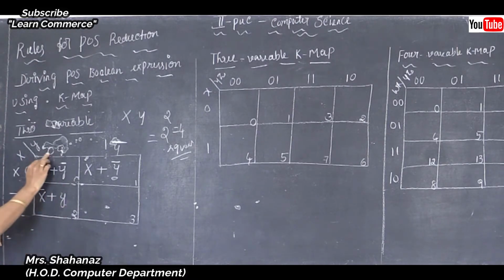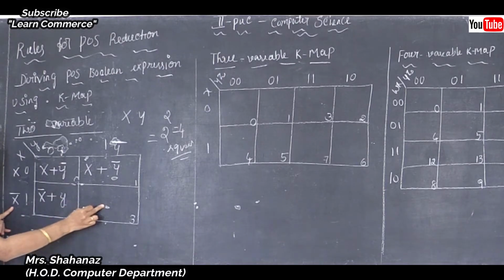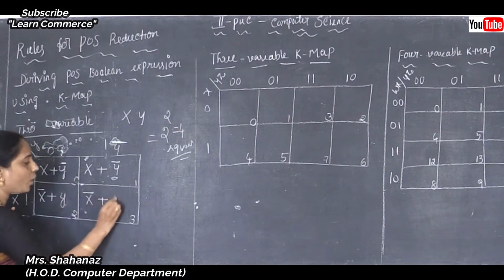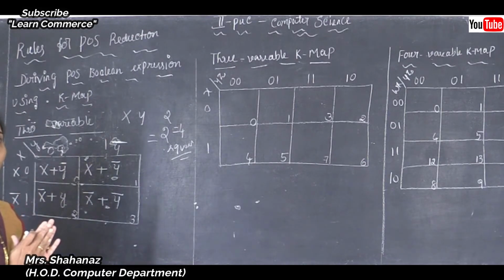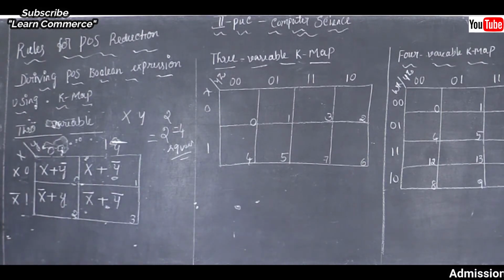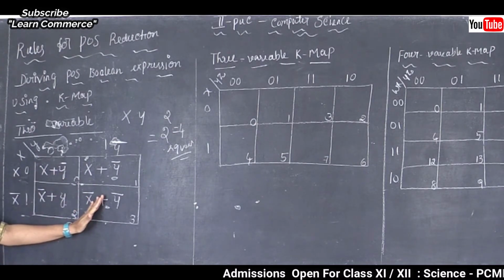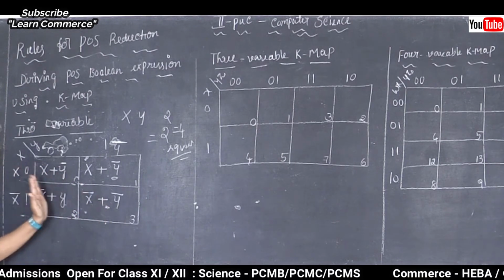The left side and also the top of the K map, whichever variable it is, we need to take that variable. So the complement of x plus y here, and to complete numbering scheme 3, I am taking the complement of x plus the complement of y. Now we completed the 2 variable K map. Clear this point here? Depending on the left side value and the top of the K map variable, I complete the numbering scheme. The 4 squares K map in our 2 variable is 0, 1, 2, 3. Clear this point here? 0, 1, 2, 3.